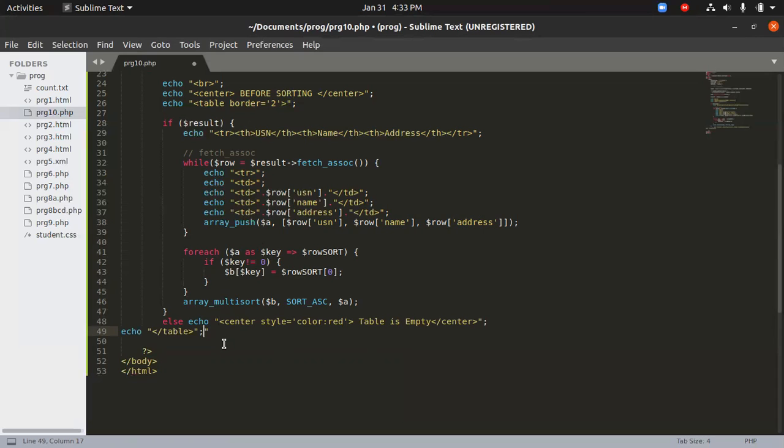So what this does is, it's creating a center tag, and it's going to tell the table is empty, and then we end the table that we created here. The table that was created here will be ended here, and we'll just give some BRs here.